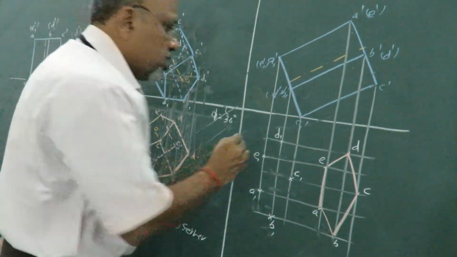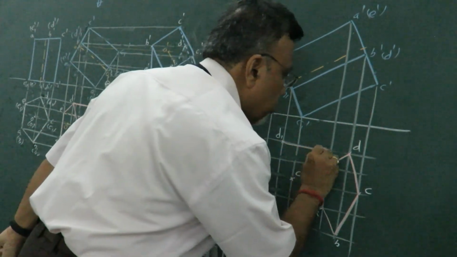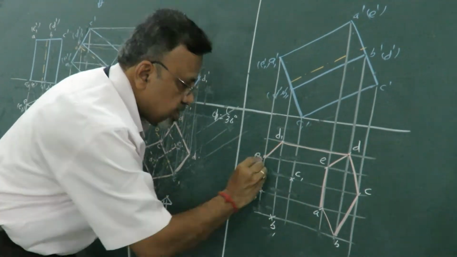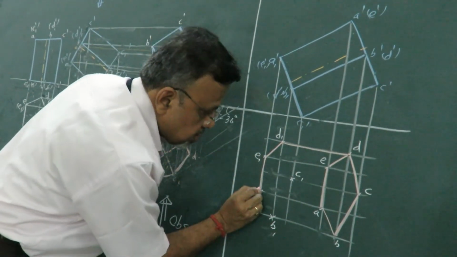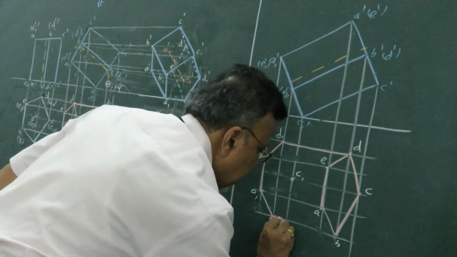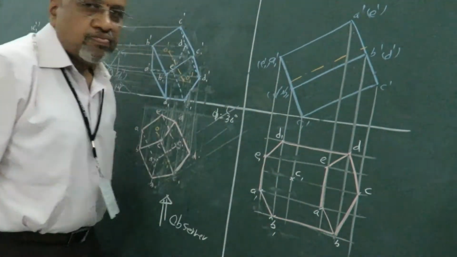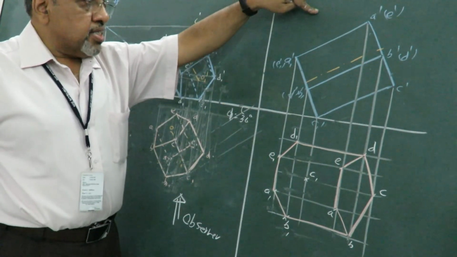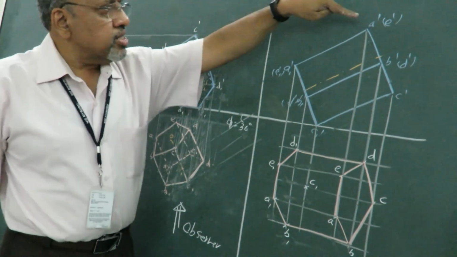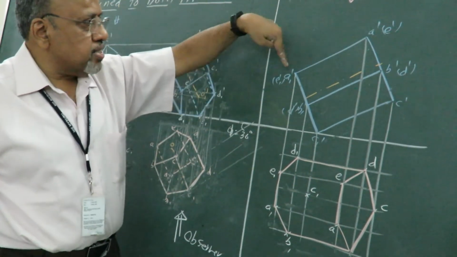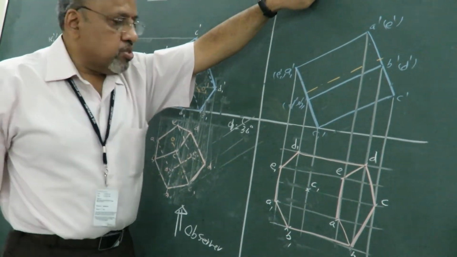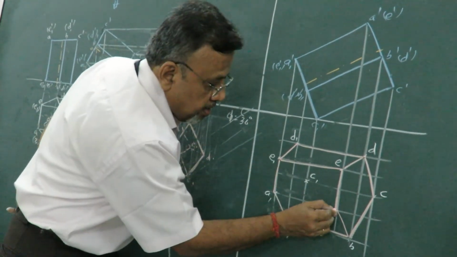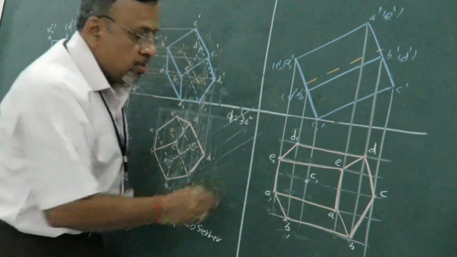So step 2 is what? Boundaries. What are the boundary lines? DD is one boundary, that is a longer edge, a base edge, again another base edge, another base edge and another base edge. Now the next step is the longer edges nearer to the observer. Which are the longer edges? I can see AA as well as EE because they are closer to the observer. So which are those two lines? That is this particular longer edge and this particular longer edge.